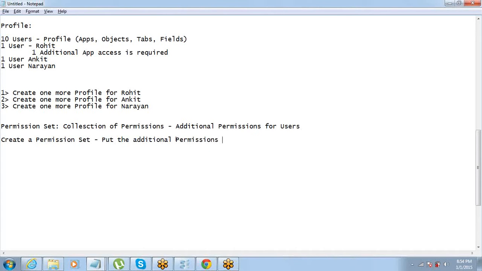Additional permissions in the permission set, assign it to user. So what is happening at this phase? You are trying to avoid multiple profiles. You're trying to avoid too many profiles and all that stuff, right? So we'll create a permission set, put the additional permission and give that permission set to the user.